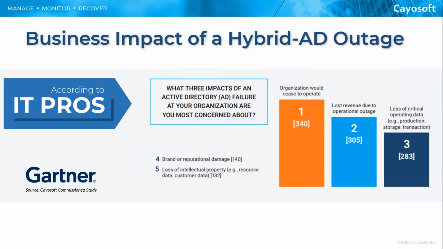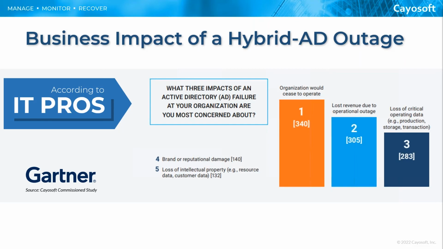What are the top 3 impacts should your Active Directory fail? What would it cause in terms of concern or damage to your organization? And this was multiple choice. They had 5 choices. And the number one choice, or the one with the largest number of votes, was that the organization would cease to operate, which may then lead to being in a situation where the company goes out of business